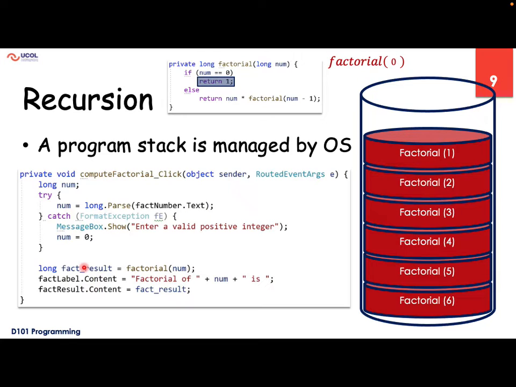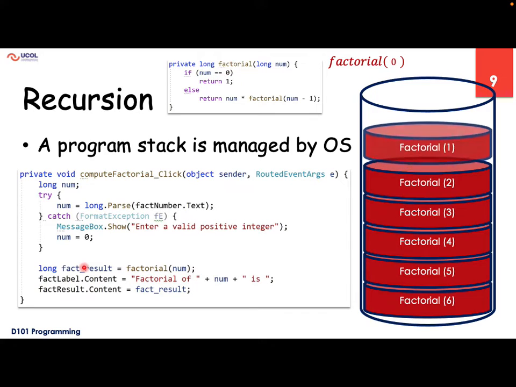Yes, it is true, return 1. So once this method returns, it returns to the point where it was called. Who has called factorial 0? That is factorial 1. So it will return the value 1 to factorial 1. Where? At this point, at this line,